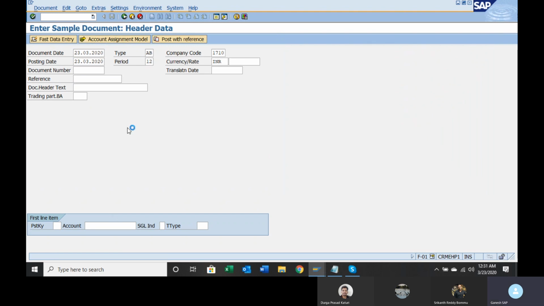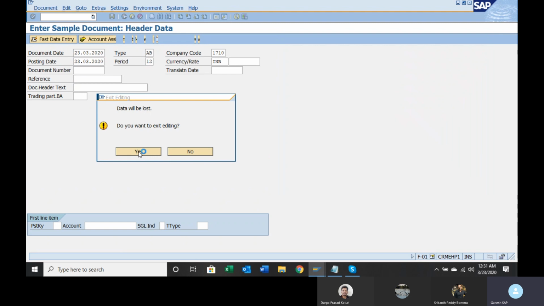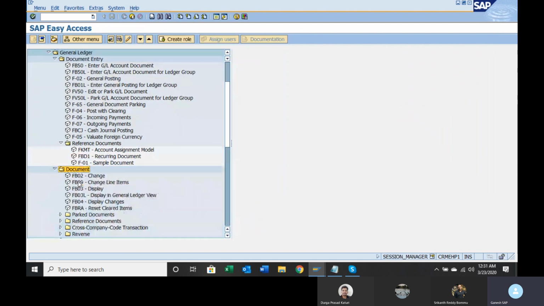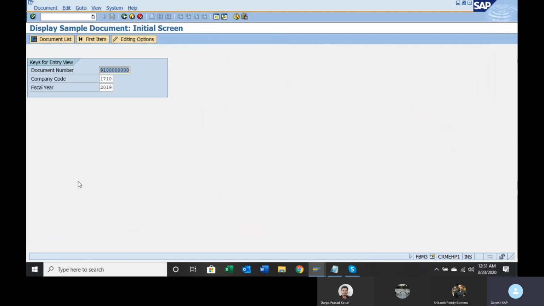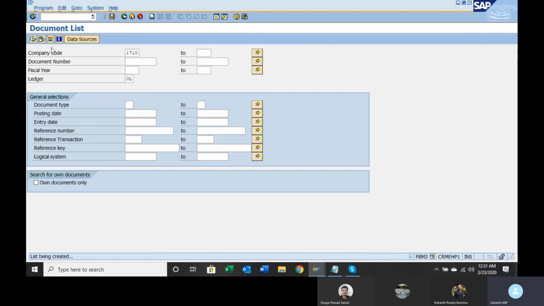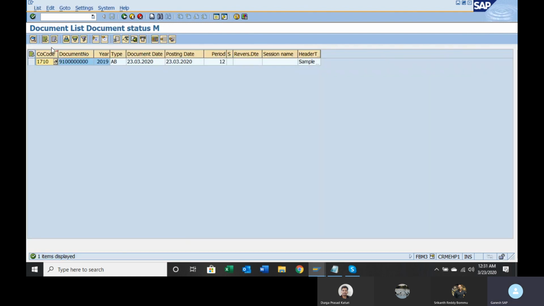If you want to see the list of sample documents, go to document, reference document, sample document, and display, FBM3. If you don't know the document number, remove the document number, execute. This is the sample document that is available.